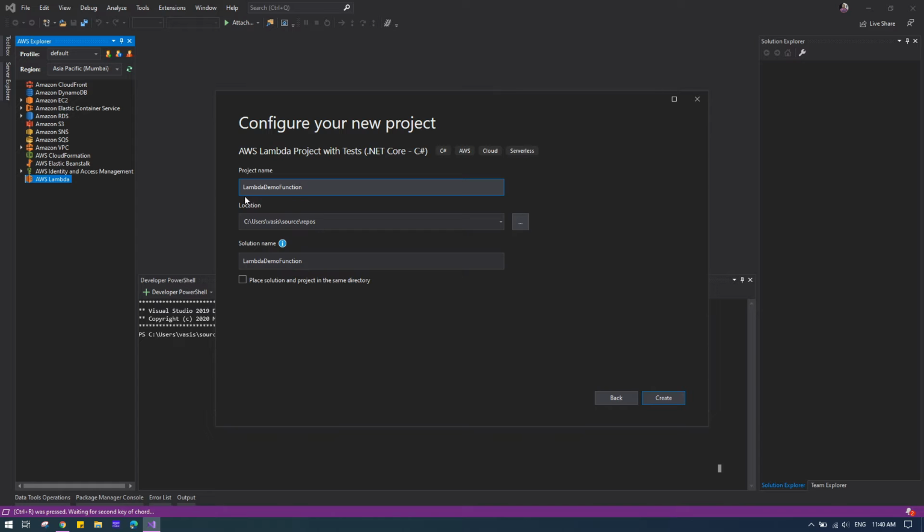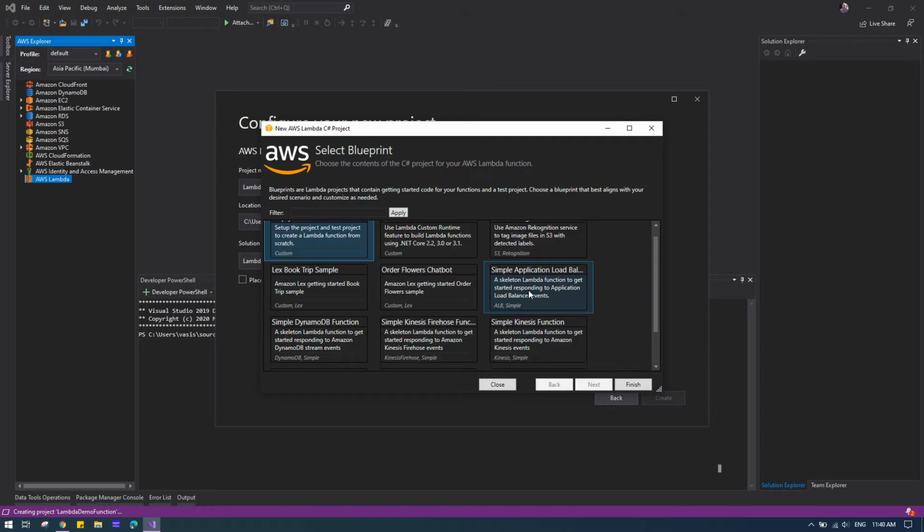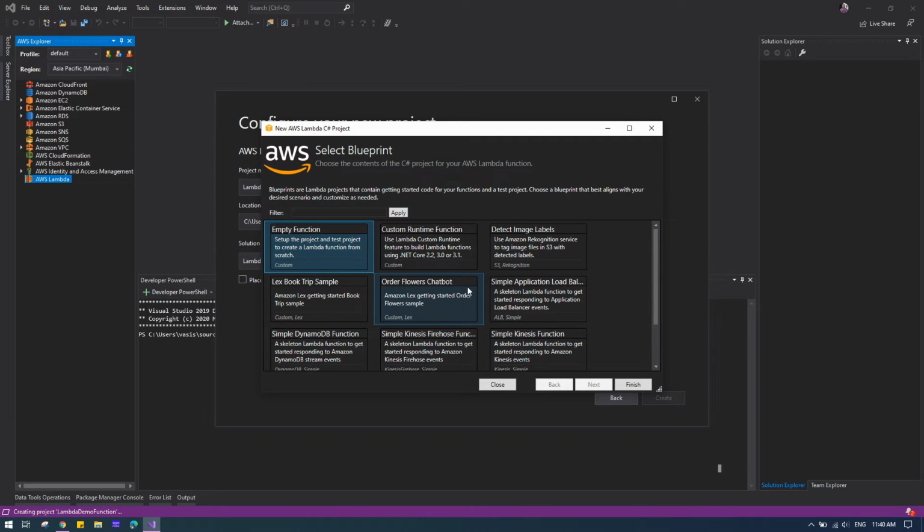I've given Lambda demo function as the project name. This is the blueprint which comes out of the AWS template. I am selecting empty function for now, and we will see other functions in the future, because these are blueprints which generate the basic skeleton for a special purpose.